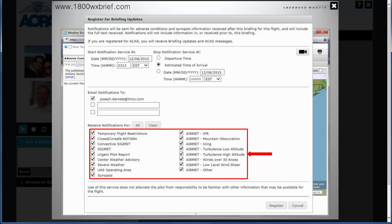So you check your phone quick. Did I get any emails? If you didn't, then there were no new briefing changes for your flight. And then after you click